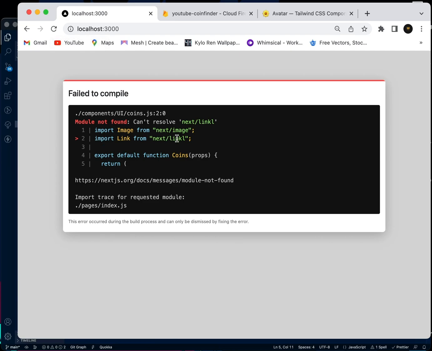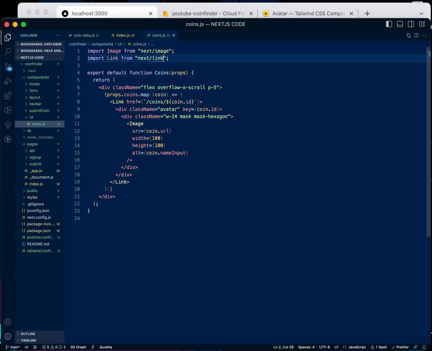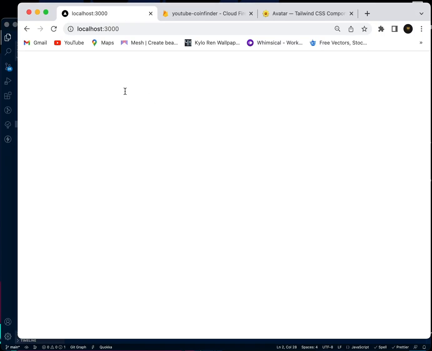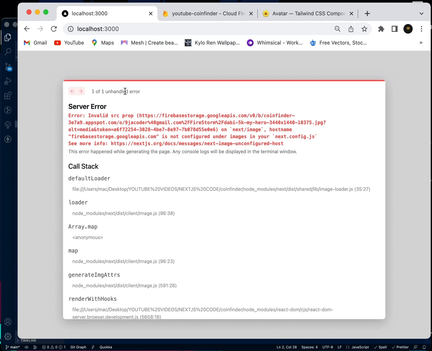Okay, it's saying cannot resolve. All right, so here it's saying invalid source property, next/image hosting Firebase, now configure image. Okay, so here we didn't configure Firebase storage googleapis.com. The reason is anytime you're using an external link for an image tag, you have to configure that in your